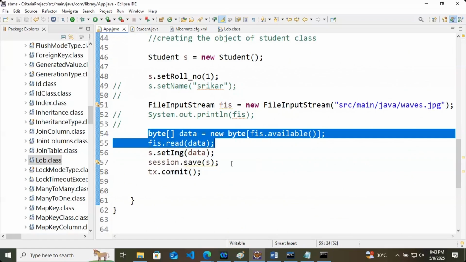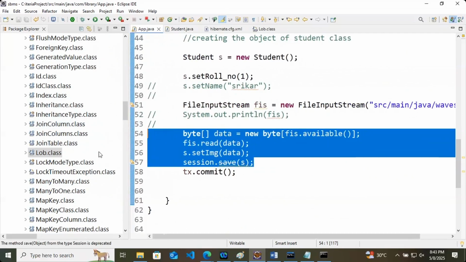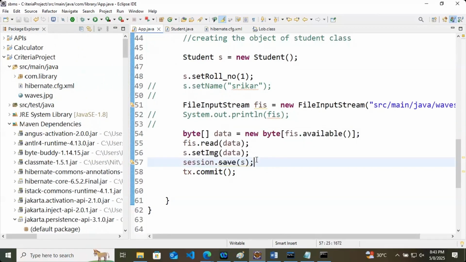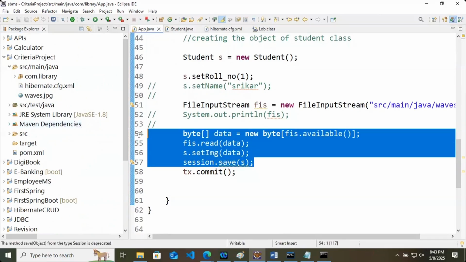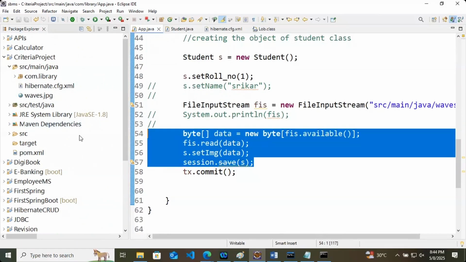Either there is some configuration problem or any problem in the Hibernate version. Maybe we are using 6.5.2, which is not supporting the lob now. We'll check that and let you know. Okay. By the way, code we will not change. Code will be same to store the images. There will be no change in this code. We'll see this tomorrow now, how to store the images in database.